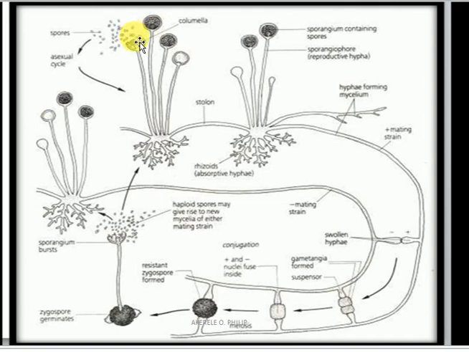Asexual reproduction, please bear that in mind. This is what it does normally. But if the condition is not palatable, the environmental condition is harsh, they switch to sexual reproduction. In the case whereby a hypha from one fungus and another hypha from another fungus come together to conjugate, then